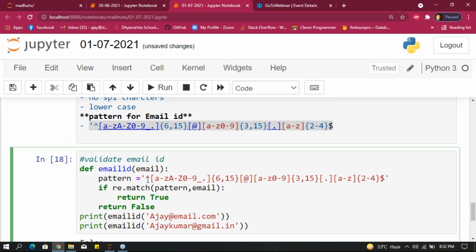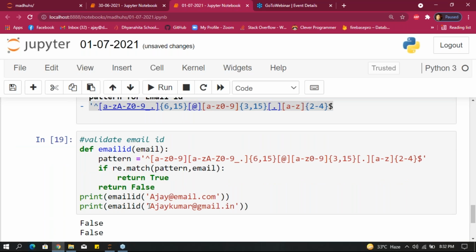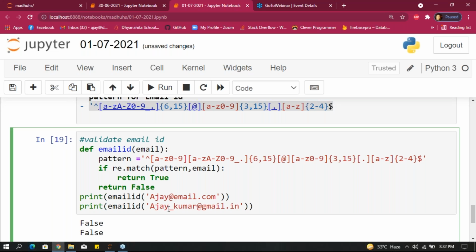And do one thing, guys. Here, add some more thing here. Give here small a to z and 0 to 9. Underscore, give underscore. Why am I getting false here?